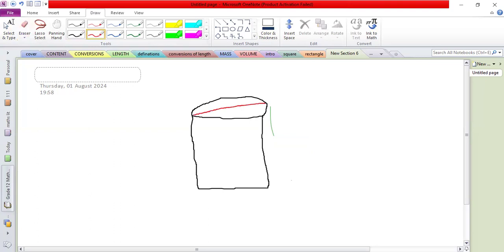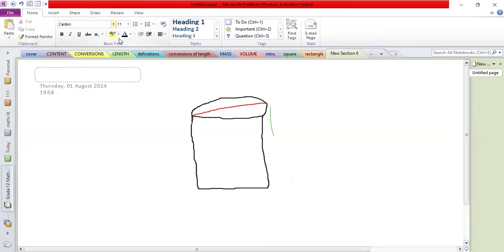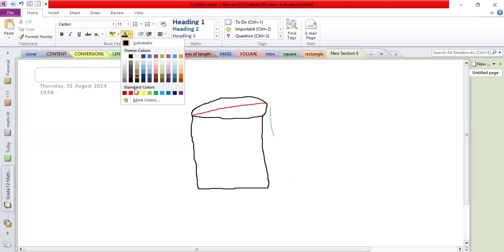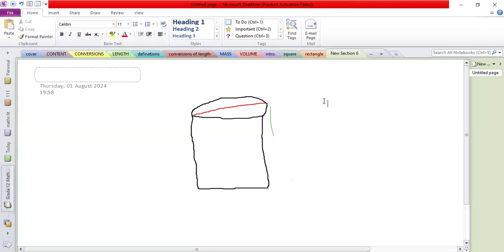Because you must know that on top of that cylindrical shape, there's a circle. So the diameter is the line across the circle between points on the circumference. Let me write it in red so that you can understand that this here is a diameter. Many people might be confused and might not understand what it indicates. This is a diameter. I've also indicated it in red there.